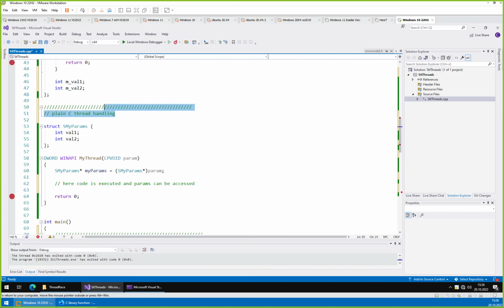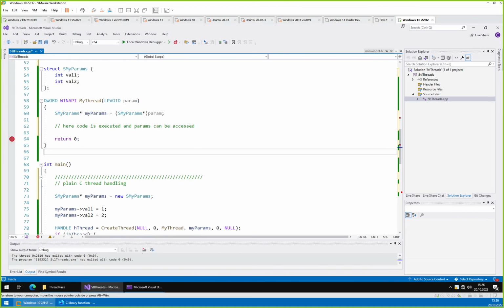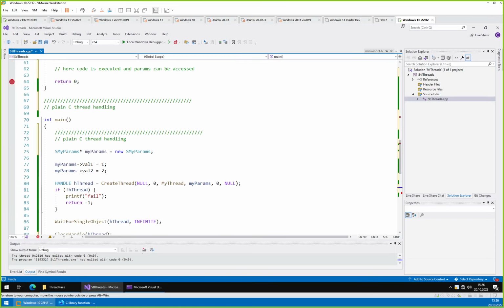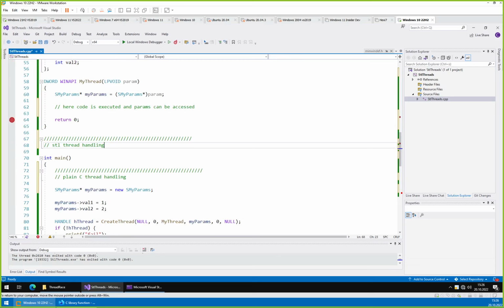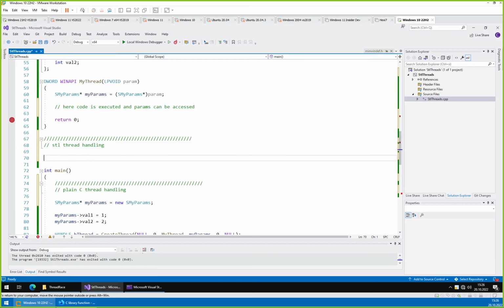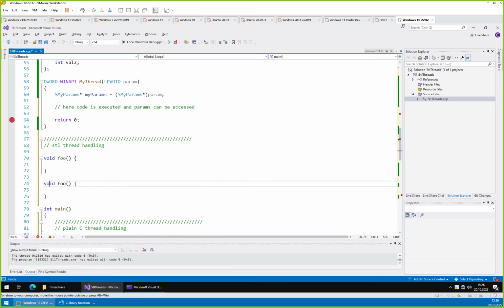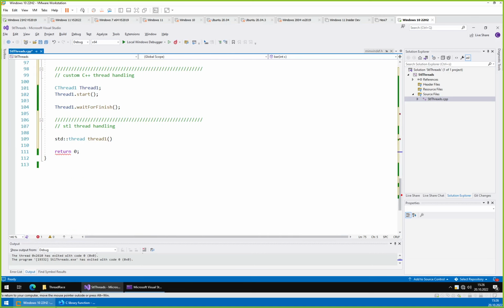So it's not as much object oriented as Qt, but it's still quite nice. So void, and we will create a second thread with a different parameter set. Let's say that it just takes an x, and here it just returns. So that's good. So thread1,